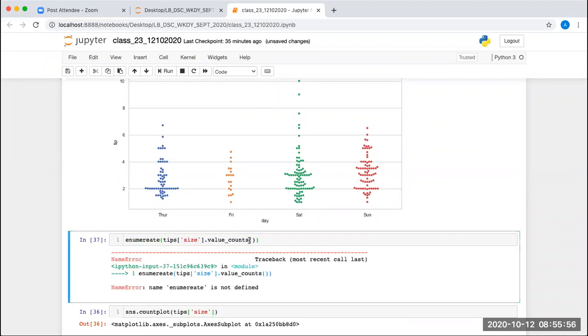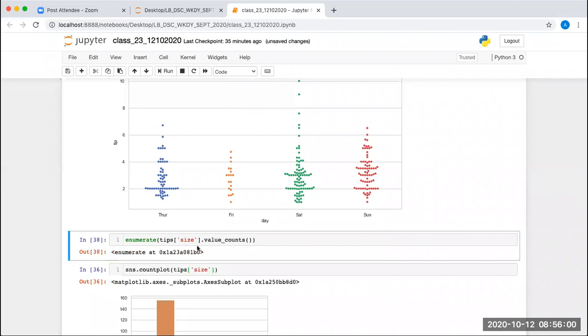Can I get the list function here? No, not enumerate. If I write 0.